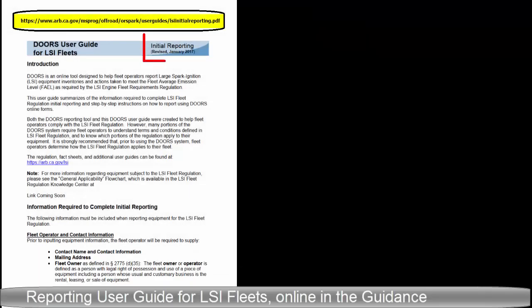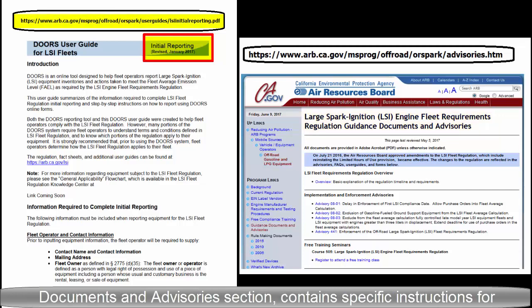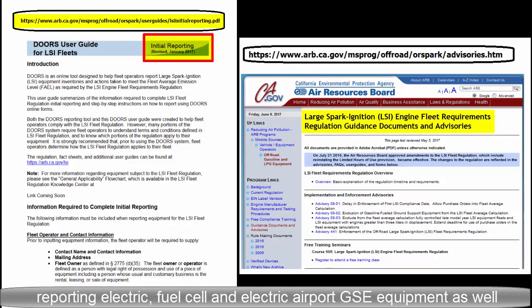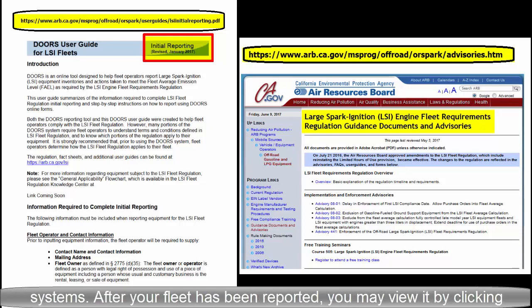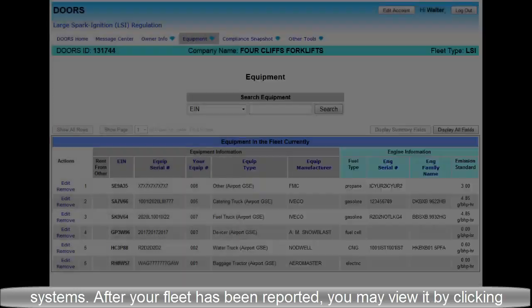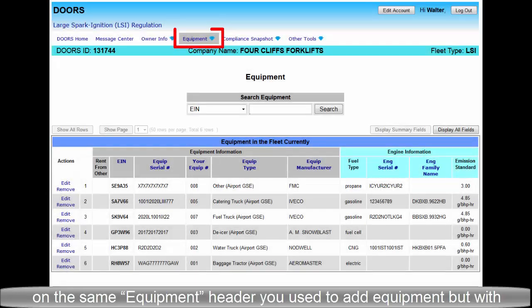The DOORS Initial Reporting User Guide for LSI Fleets, online in the Guidance Documents and Advisories section, contains specific instructions for reporting electric fuel cell and electric airport GSC equipment, as well as instructions for reporting engines served by retrofit emission control systems. After your fleet has been reported, you may view it by clicking on the same equipment header